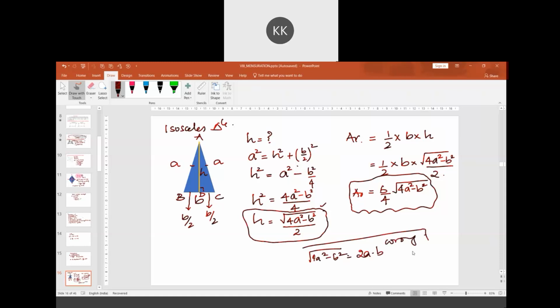It cannot be said like this. It has to be kept as it is. I don't know how many of you have seen this formula. If you open your compass box now, they give a list of formulas. This is one of the formulas mentioned in that. B square is also B square.